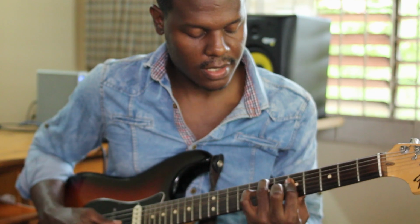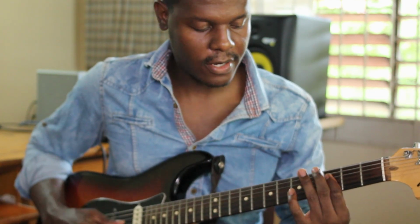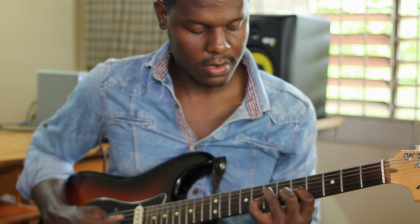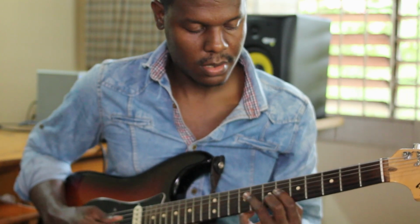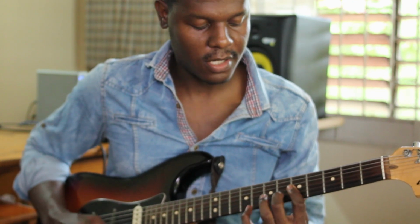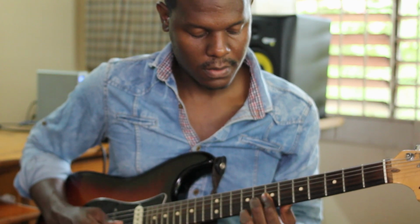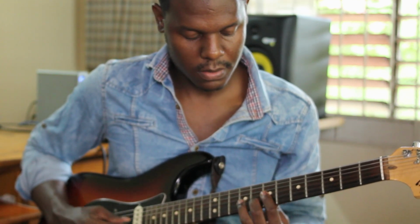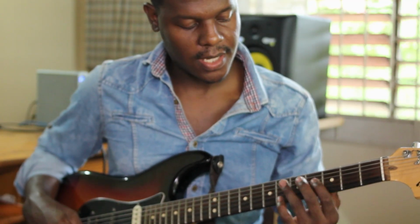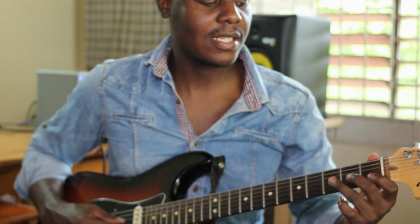So for example, for this C, for the D minor, for here, C again, use the A minor here, or the F major, and G. So have fun with that and practice it in position, like this, and also practice it going up,